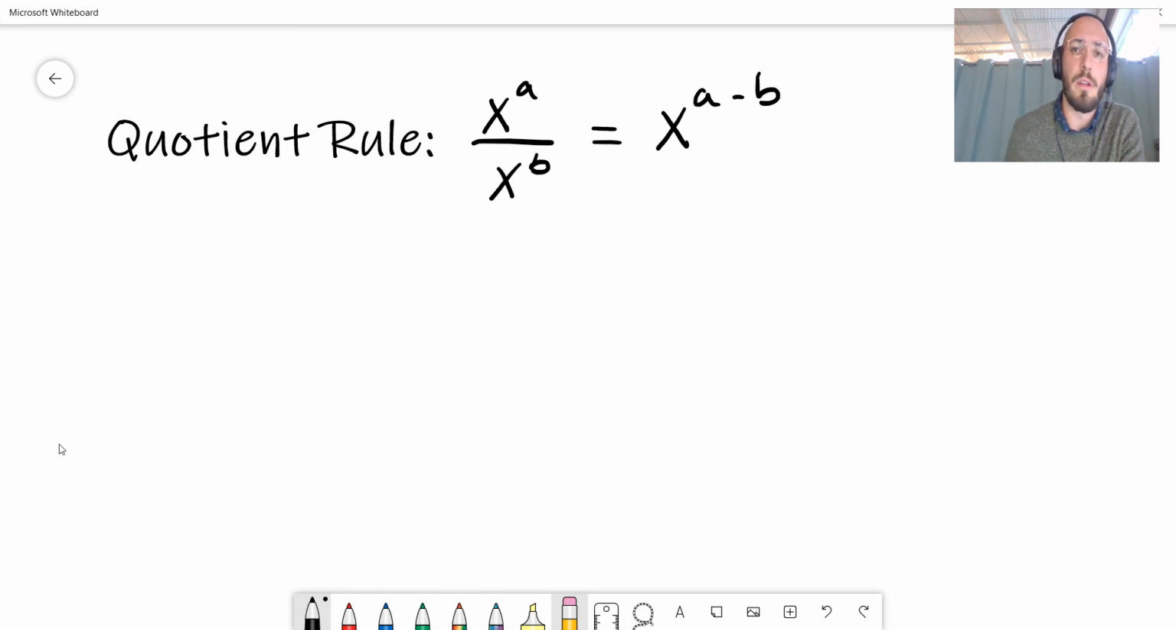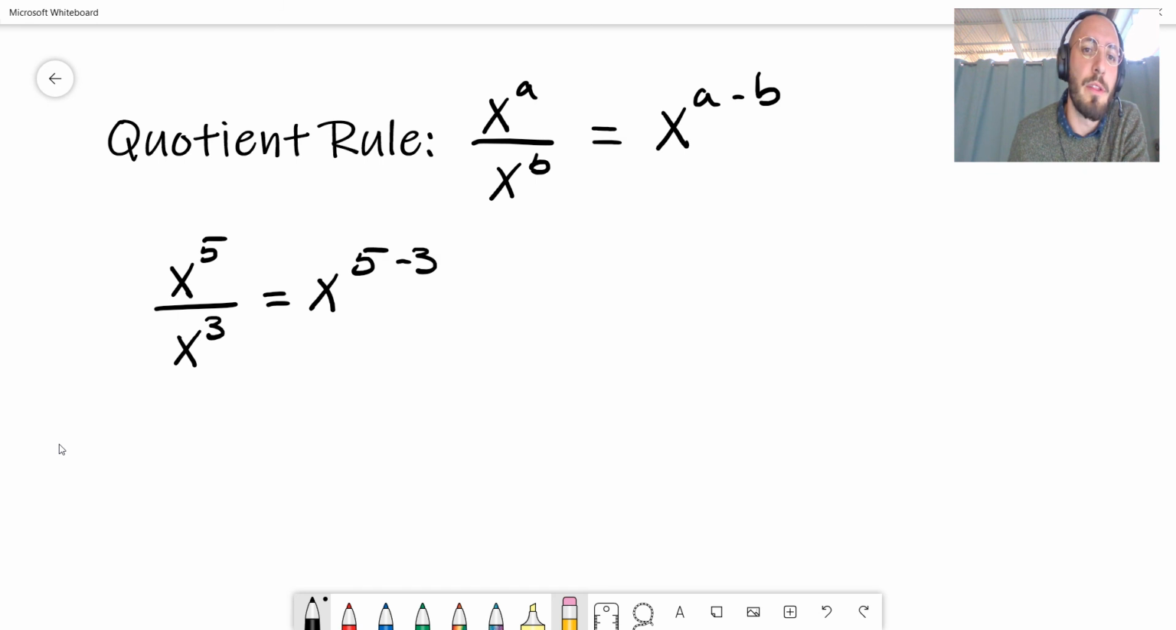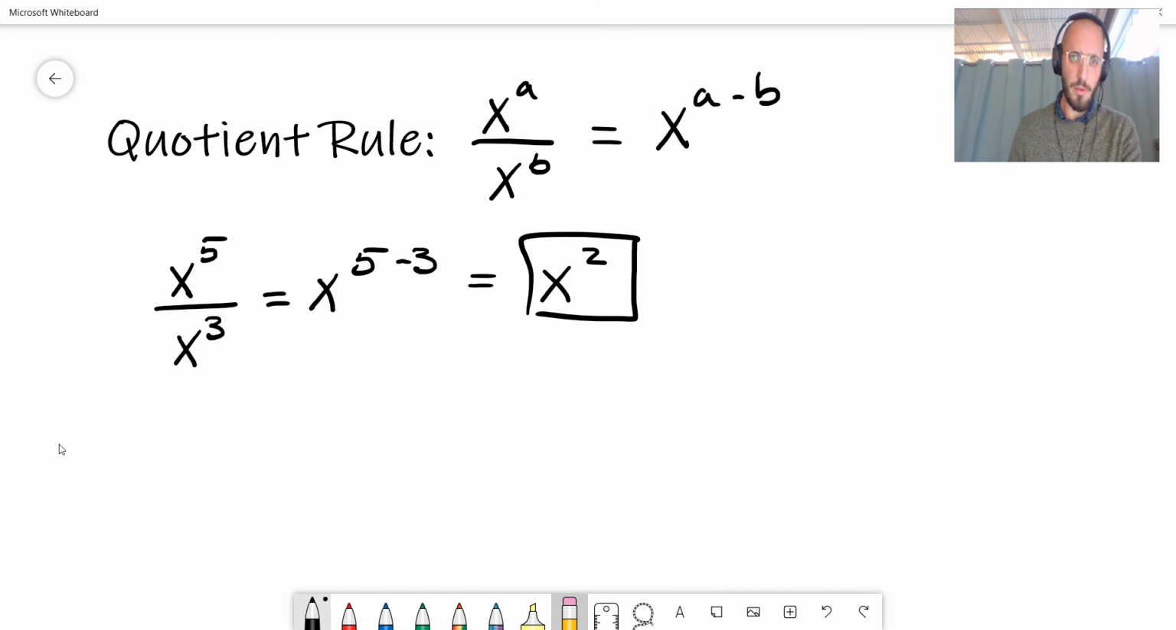So let's look at an example. If we had x to the fifth divided by x to the third, we can simplify this by the quotient rule to x to the power of 5 minus 3, or x squared. So this rule also makes a lot of sense in the same logic that the